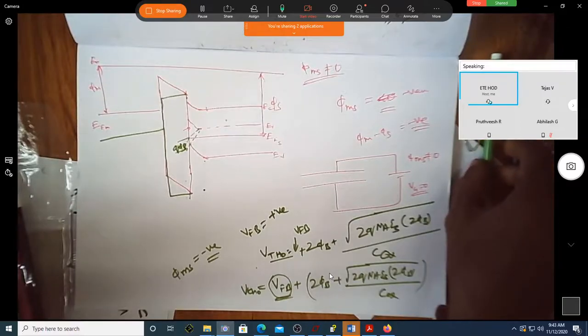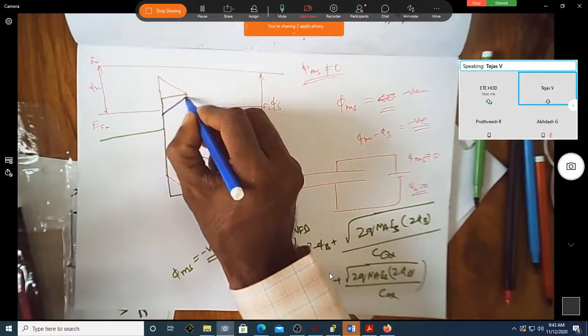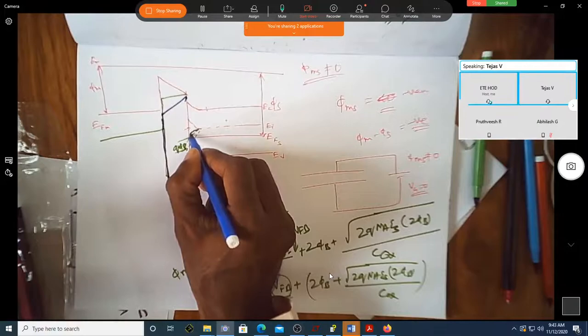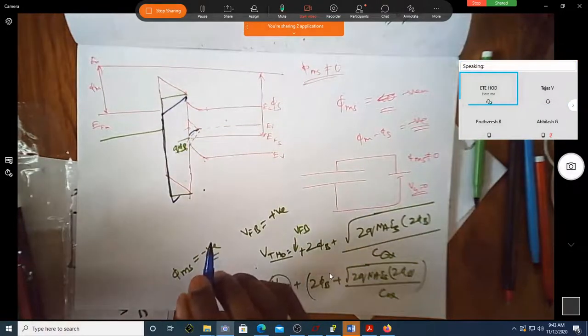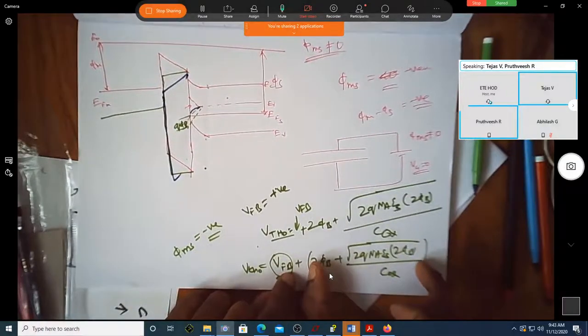Sir, the band is already bent towards the inward side, something like this. It's already down here. Does it mean that you are already down towards that required portion? Yes, sir. Then this is what is actually required.